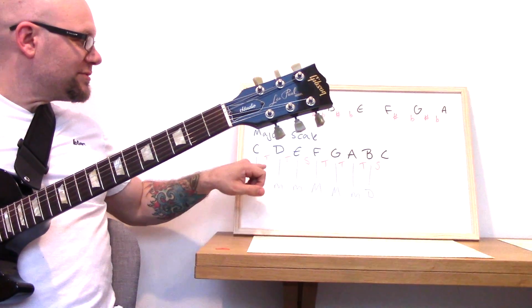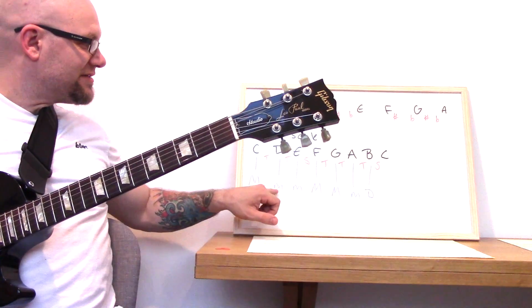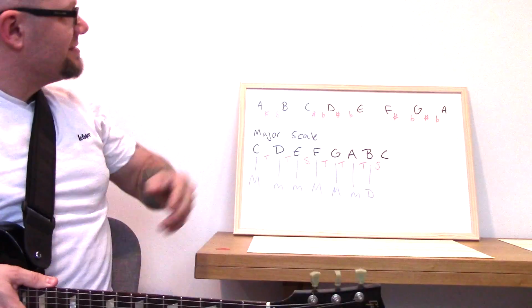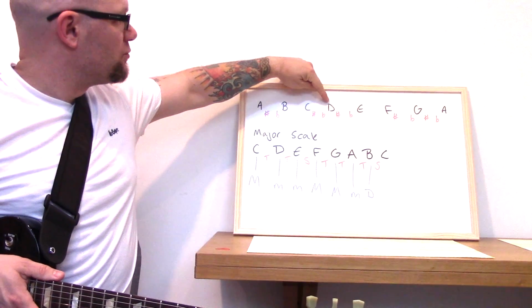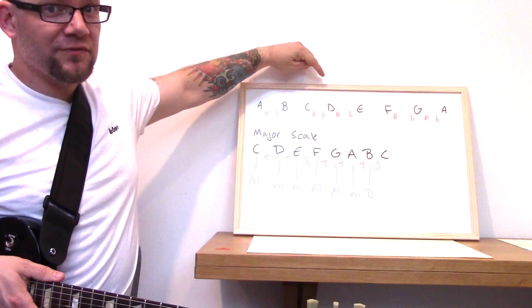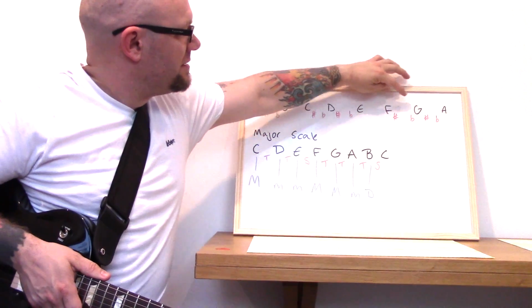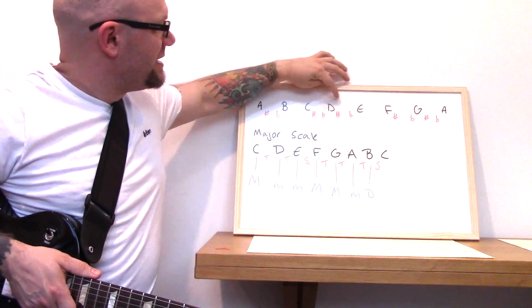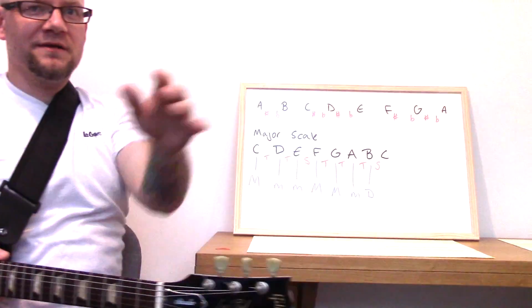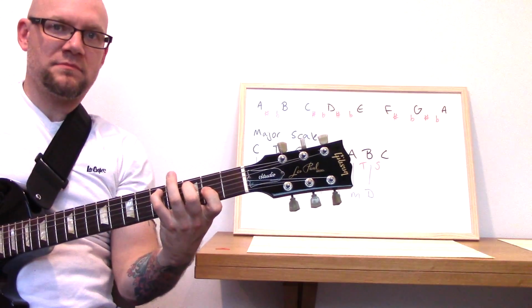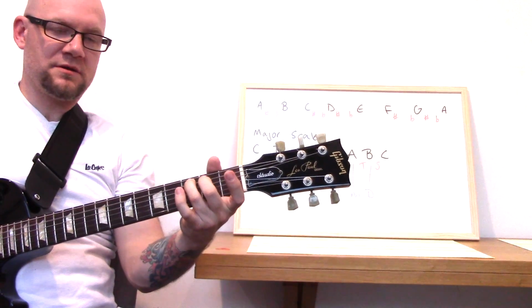Let's go to D. So we know we have a D, and in this key, it's a D minor. So now we're going to start on the D. So we have 1, because now we're starting on the D. D is the 1. So 1, 2, 3, 4, 5. So a D, an F, and an A, and that will give us a D minor. So we have C major,